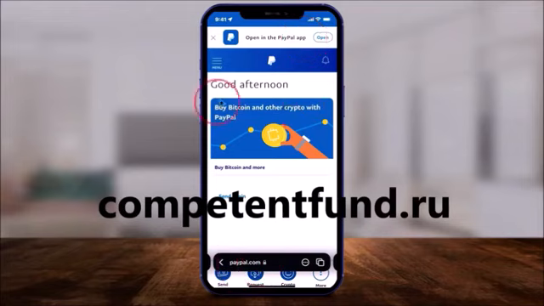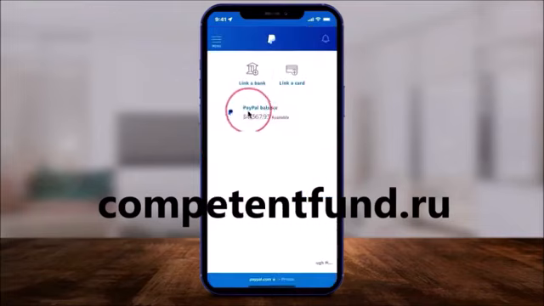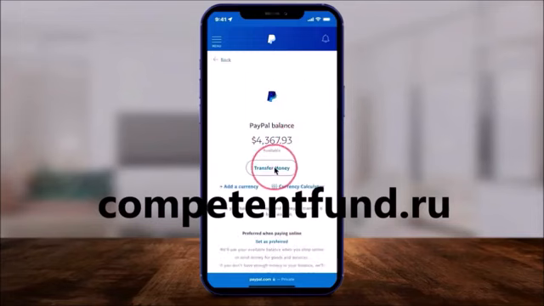So if you just type in paypal.com and log into your account here, all you have to do is press the menu option right over here. And with that selected, there's an option here called Wallets. Go to Wallets, and here you should see a PayPal balance. And if you've never used it before, it's just going to say zero. All you have to do is click on it right here, and then it'll bring you to this page where you could transfer money into it or out of it too.